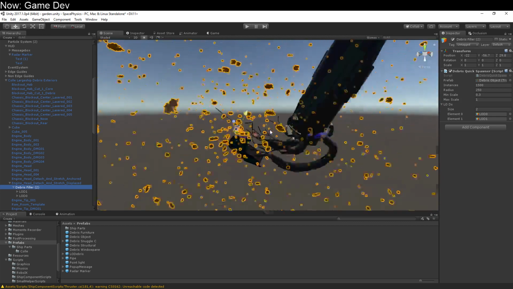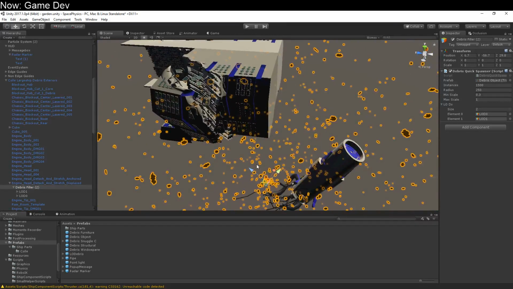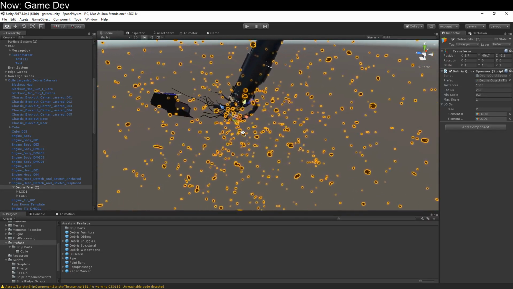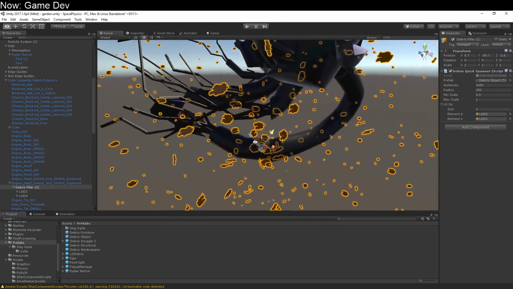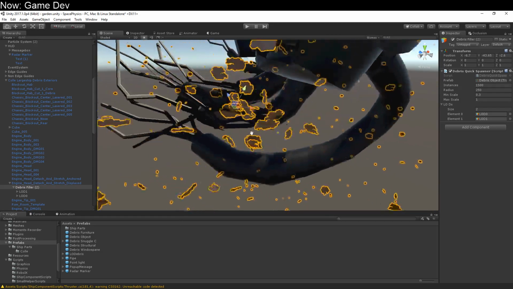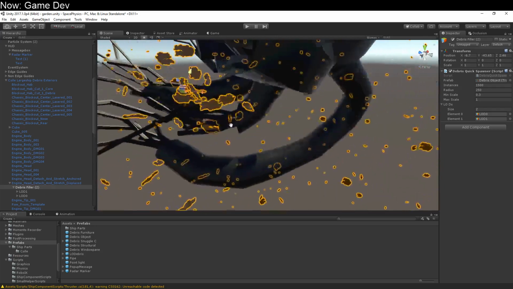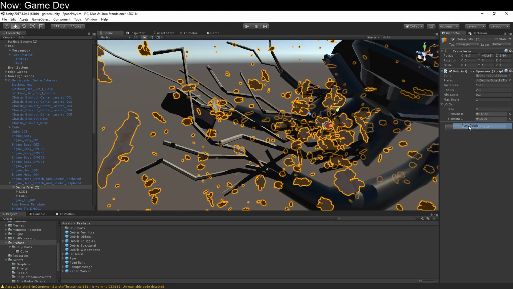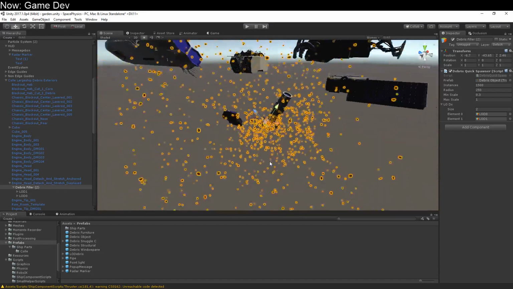Let's go ahead and move it closer. Oh, come on. All right, so let's see whether that will work. Clear the debris and plant the debris. Okay, so that creates a cluster, all right. It's not really...